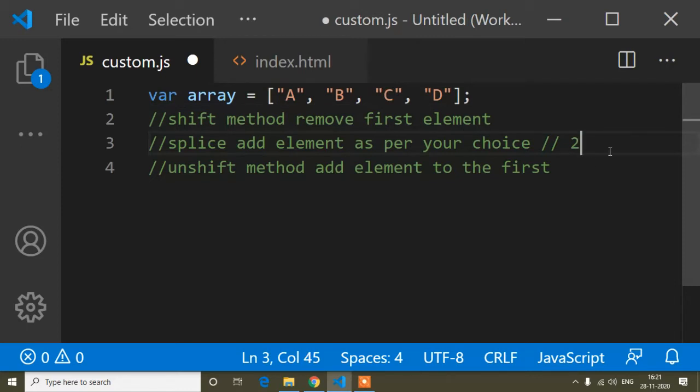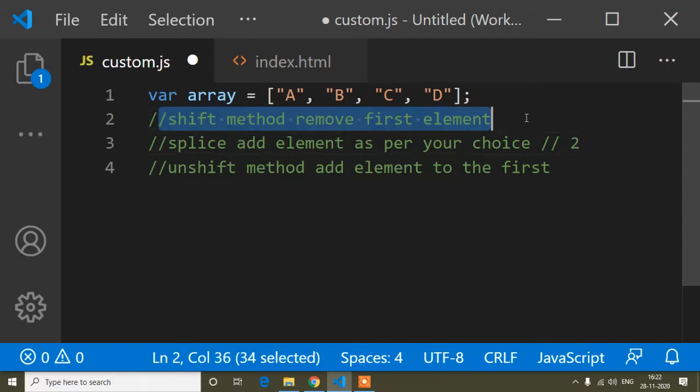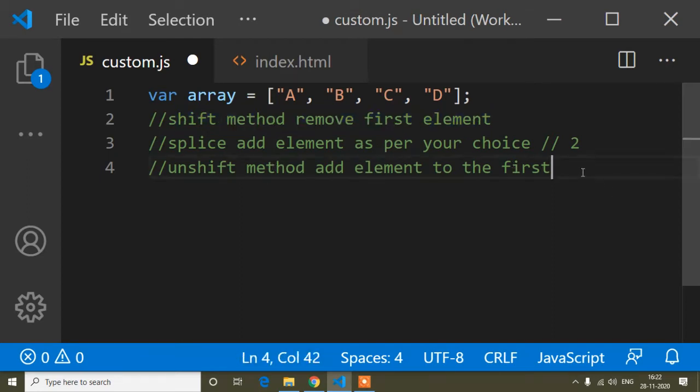And the other main difference is that another benefit of the array splice method is that it removes elements also. But here I will not discuss the splice method. If you want to know about the splice method, you can watch my previous tutorial. I will provide the link for the array splice method and the array shift method also, so you can watch those tutorials, and then you will understand the difference between the shift method, splice method and unshift method. So hope now you can understand the difference a little bit.